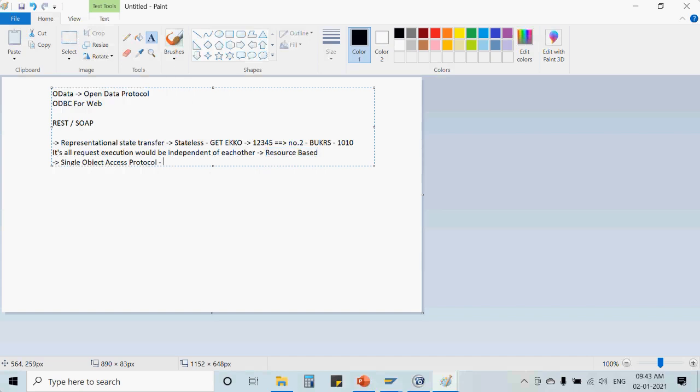Whereas the Simple Object Access Protocol, SOAP API, would be doing all sort of operation based on an action API, which would be action based. Now, how action based? Let's say